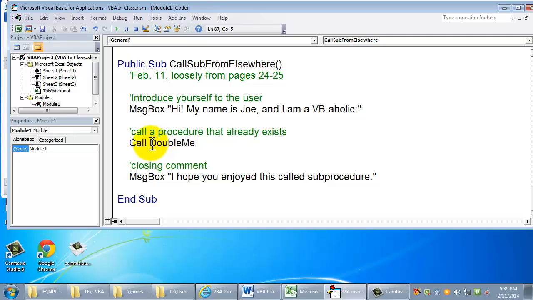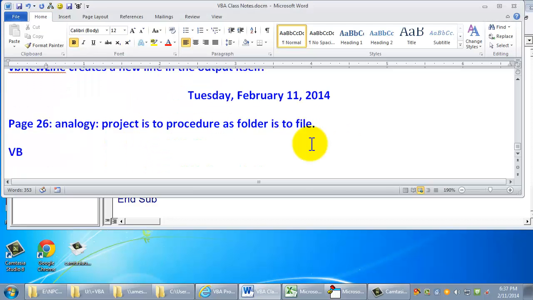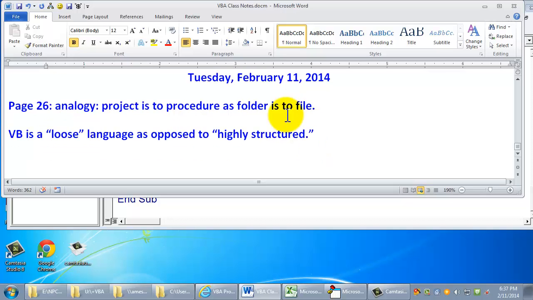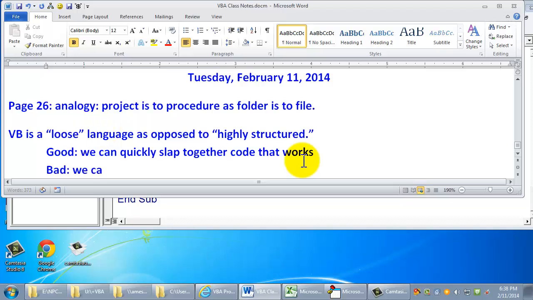I've done this before, and I've seen code where they didn't use the word call, and I would see something and I wouldn't recognize it, and then it would dawn on me, oh, that must be a procedure from somewhere, and they didn't use the word call. Visual Basic is what we call a loose language as opposed to highly structured. That's good in that we can quickly slap together code that works. We can also shoot ourselves in the foot